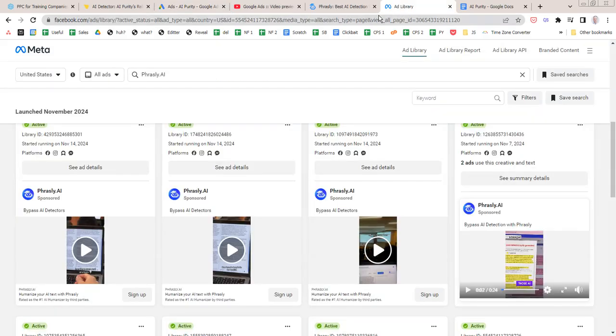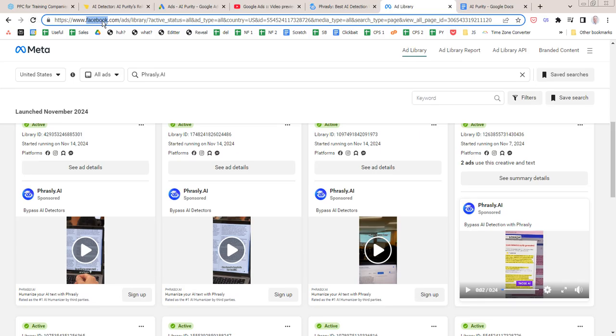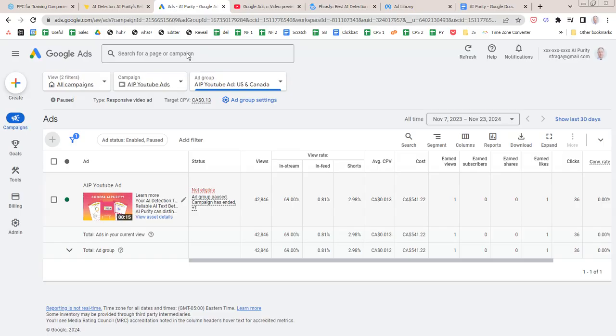I also noticed that there are these ads on Facebook, right? So clearly this is a service that, if these guys seem to be on the ball, they were willing to pay for these ads. They've been running for a while, some of them. They're not on the screen, but some have been running for a while. So it's clearly profitable if they're tracking it correctly. So Facebook is definitely another marketing channel. And then I did look on Google Ads, their ads transparency library, and other people are advertising. So it's working for them as well. All right, what else about this? I think that's it for the YouTube thing.